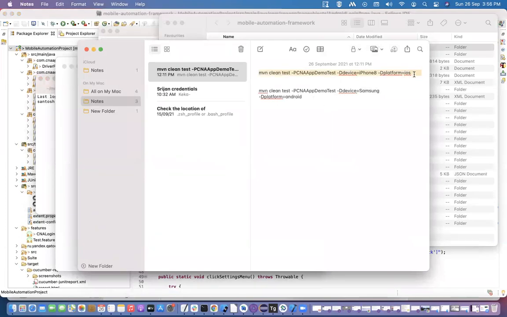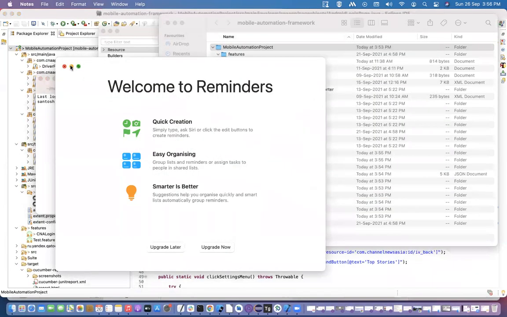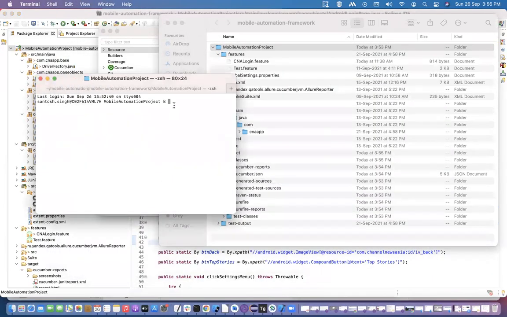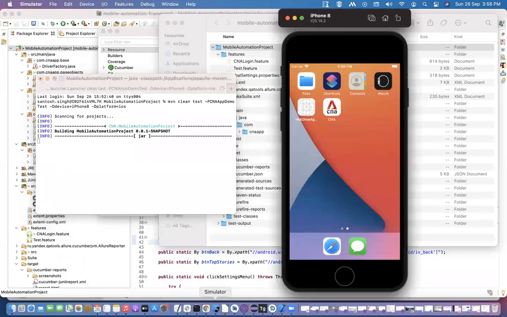Let me press Ctrl+C and then we click on it. Let me open the iOS application.